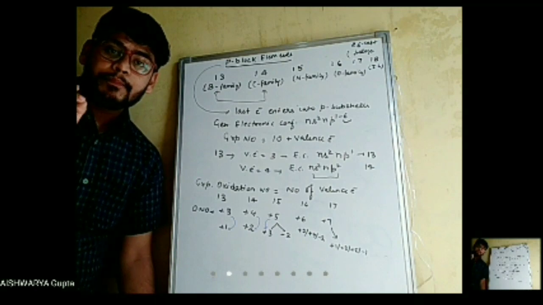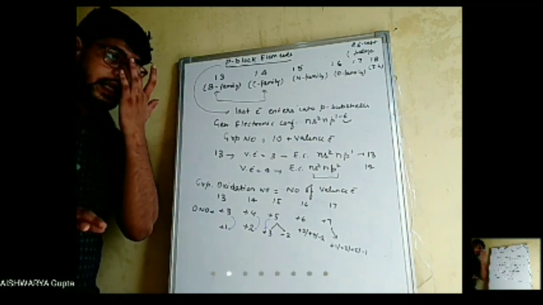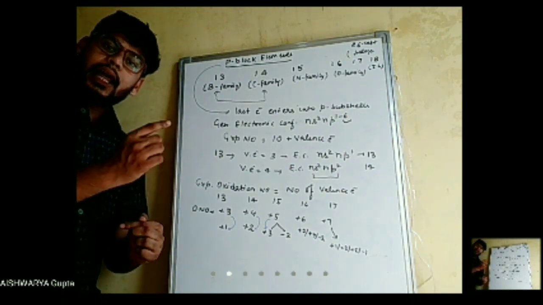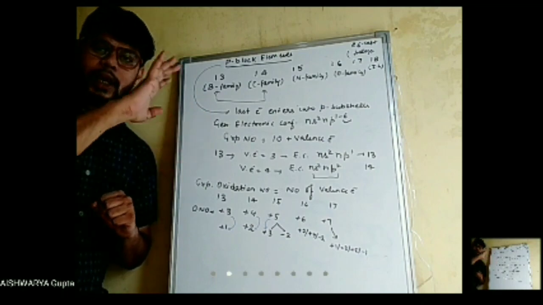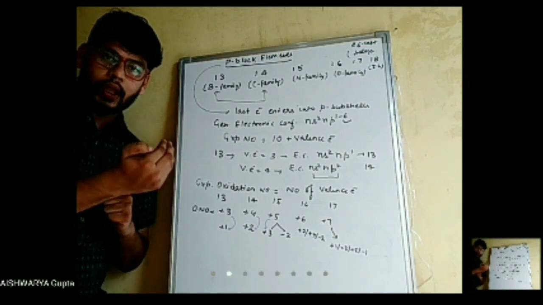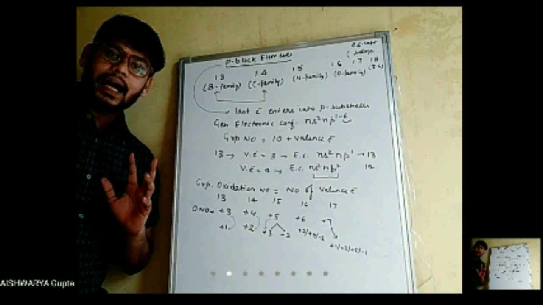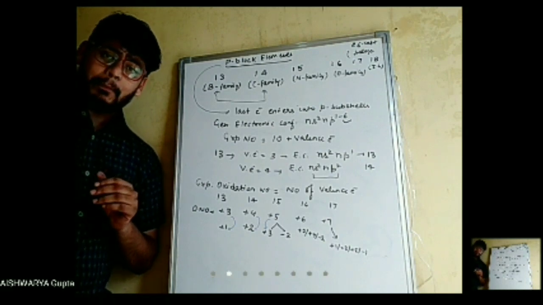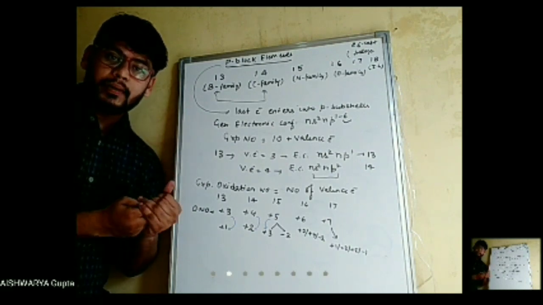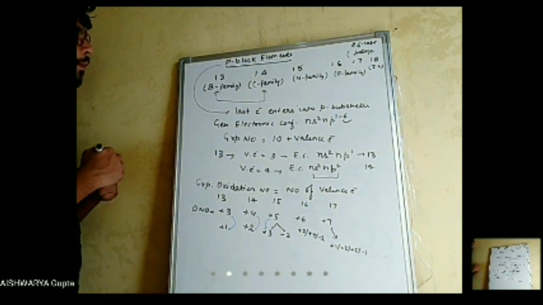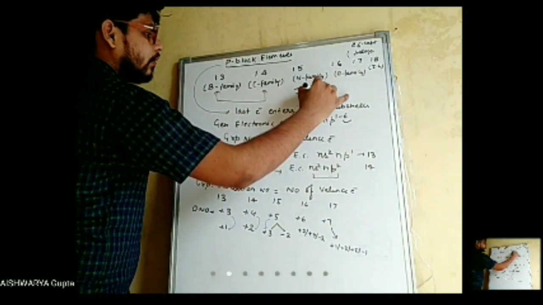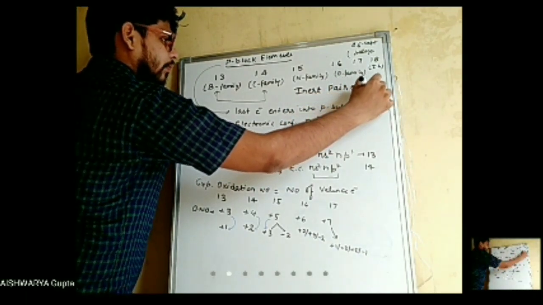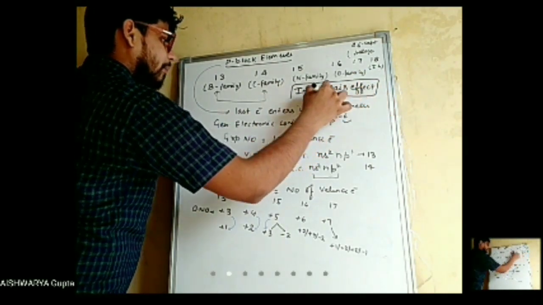It shows that there is a possibility of showing an oxidation number 2 units less than the group oxidation number in all the groups. There is a possibility of showing an oxidation number 2 units less than the group oxidation number in all the p block elements, which means there might be some other reason or some effect. So it is due to inert pair effect.